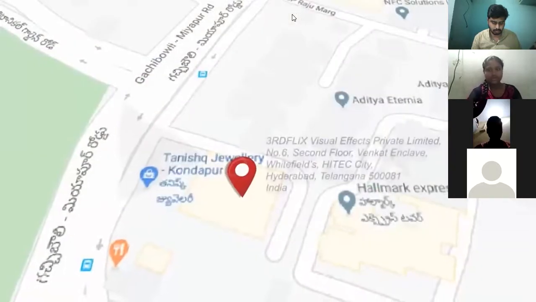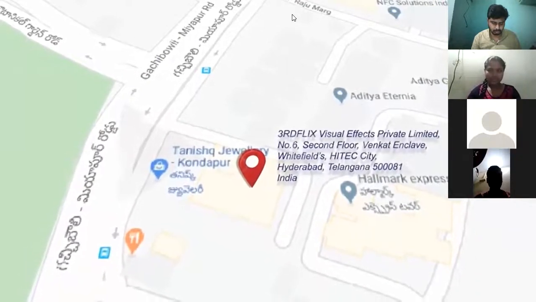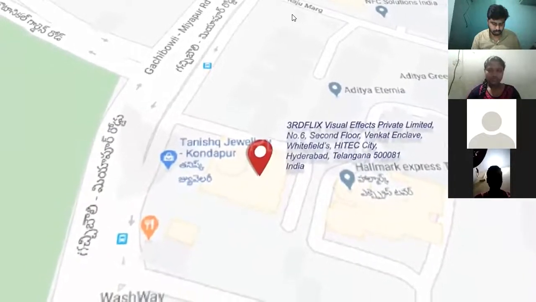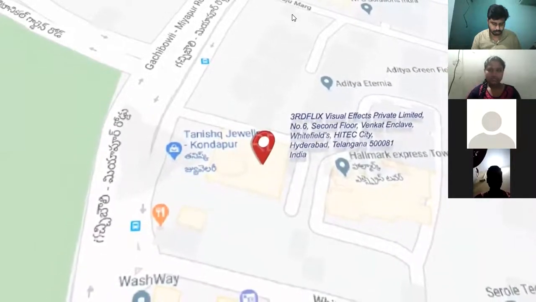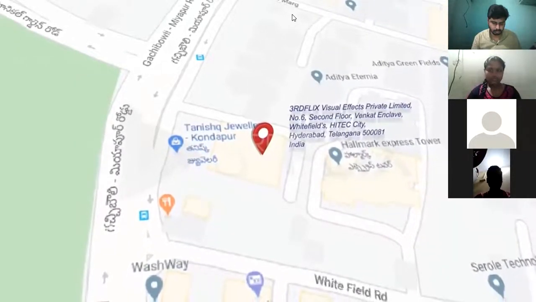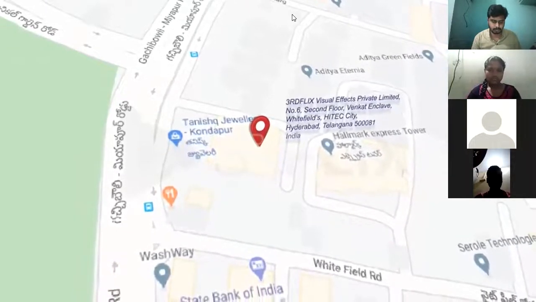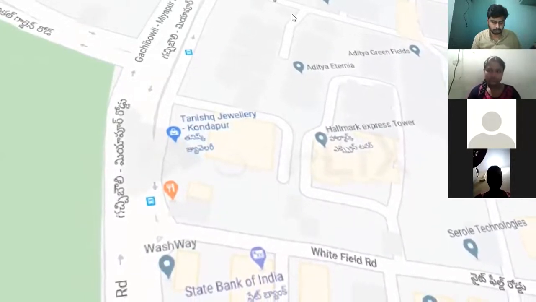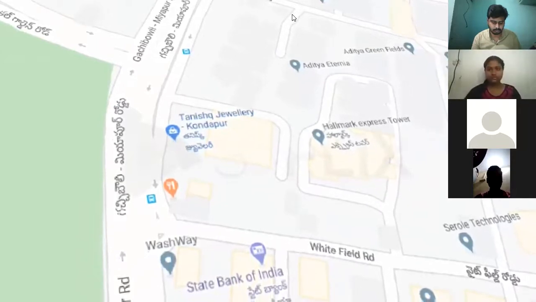Finally, we end the search by locating Venkat Enclave building bearing plot number 6, to enable us to find it precisely among the buildings on that road. All maps do just this for us. They help us in finding our way and locating a place easily by using the information of any landmark which is nearer to our search, to make us understand whether we are near or far, how far we are, or what is in between,